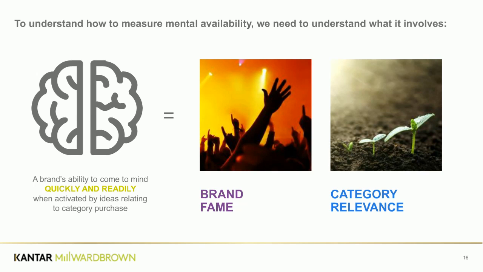So it's no good having a really strong representation of the brand if when you get into the scenario when you're going to make a choice about the brand, there's nothing there that is activating that representation. So if we bear that in mind, that would suggest that if you're trying to grow mental availability, you can actually do it in two completely different ways. So the first is if you try and make your brand more famous for people.